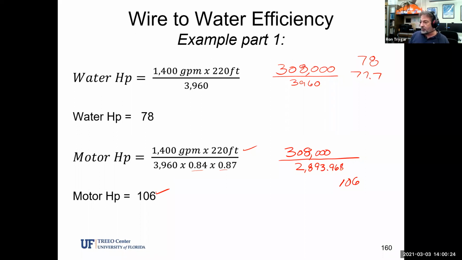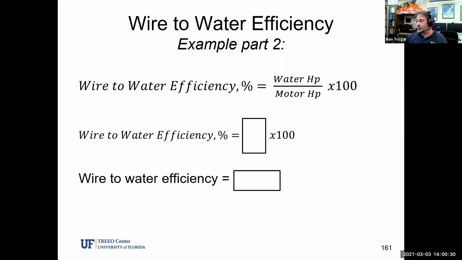So let's go to part number 2 for the wire to water efficiency. We've got our two numbers, and now let's plug them in. So you see here where it says wire to water efficiency is water horsepower divided by motor horsepower, and then multiplied by 100 to move the decimal point for our percentage number. So the number's going to look like this: 78 divided by 106. So 78 was the water horsepower, divided by 106 for the motor horsepower. That comes out to be